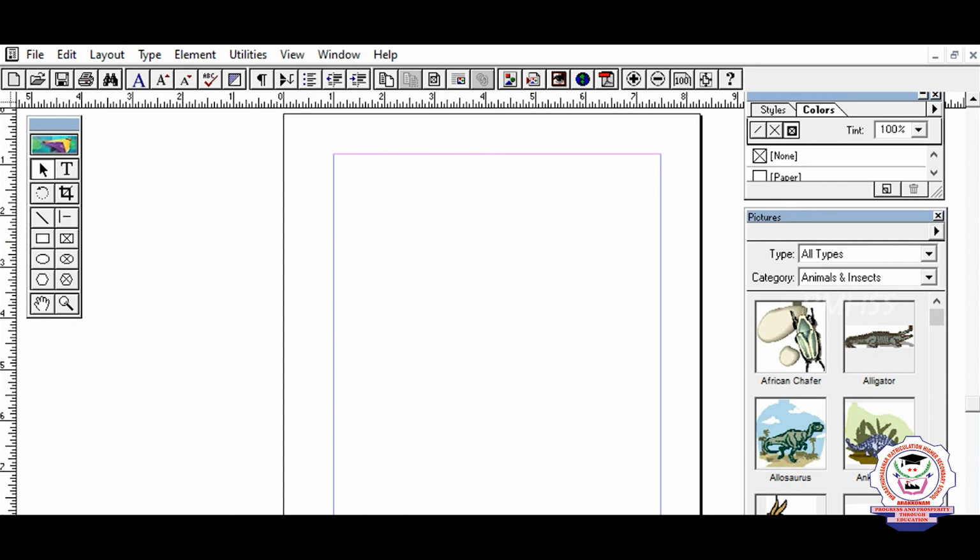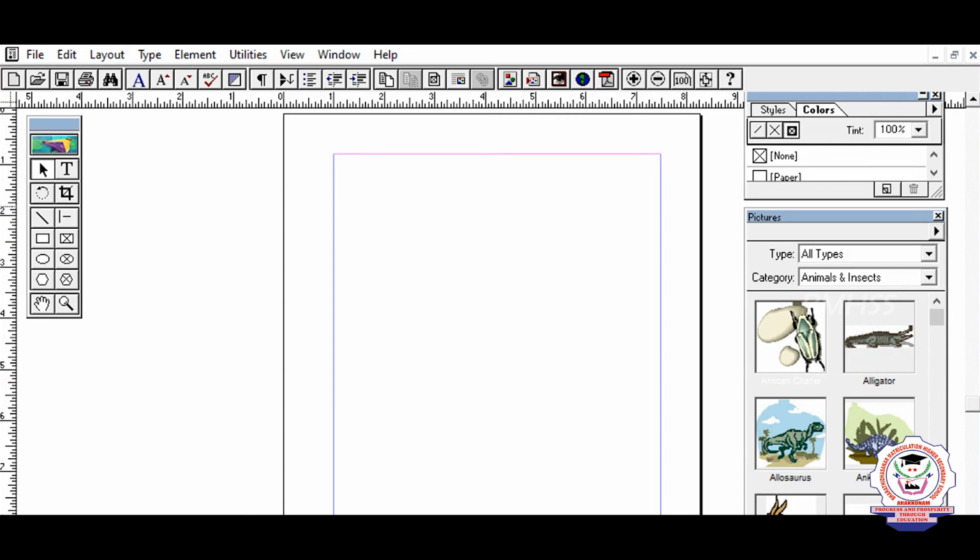Yes, in that work area page we have a toolbox. We can do any task with the help of the toolbox. Each and every tool has a shortcut, and this toolbox consists of 14 tools we can work with. And the styles and color palette dialog box will appear, which is used to change the colors of your text or the colors of your document.